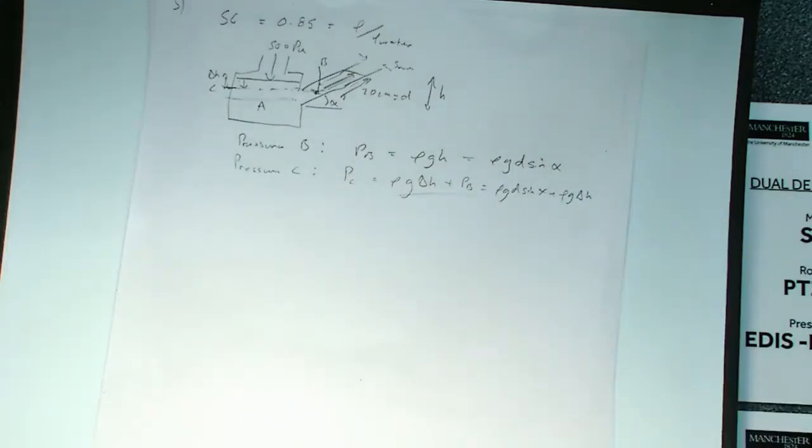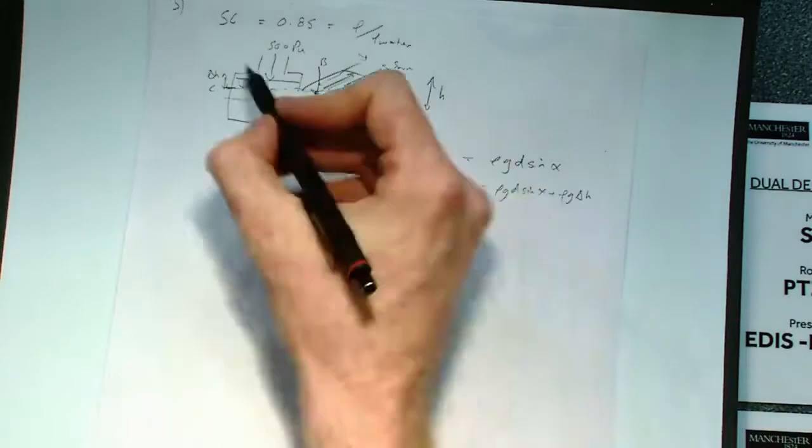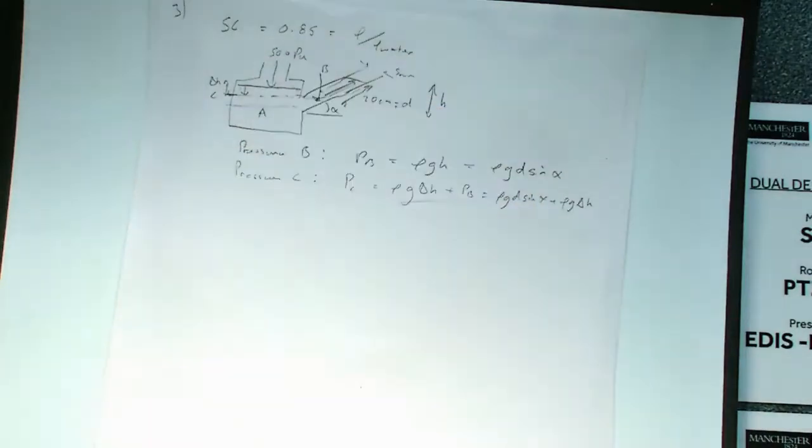Since the liquid oil is incompressible, the fluid which moves into the side pipe equals the fluid lost from the chamber. We're dealing with an incompressible fluid because it's an oil, so there's no change in density, and if everything moves, it has to conserve mass. So we can say that this bit inside of this tube that's moved from B is equal to this bit here. So we can write